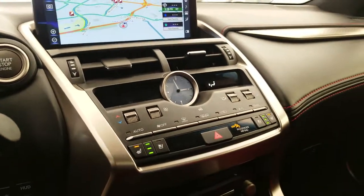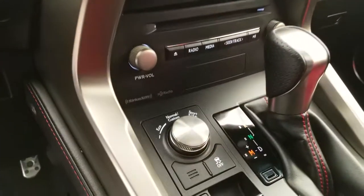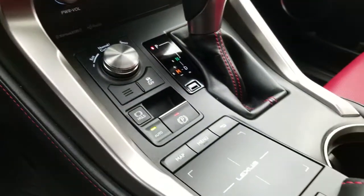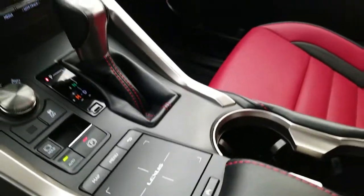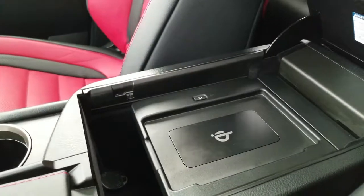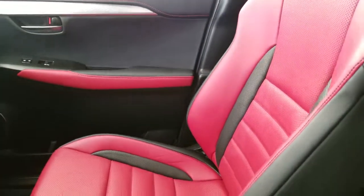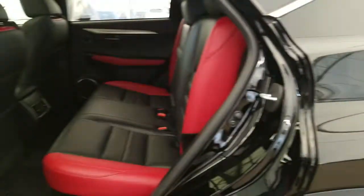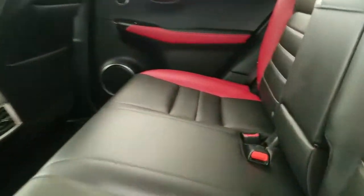heated and ventilated front seats, drive mode select with the Sport Plus, which includes the adaptive variable suspension, remote touchpad, QI compatible wireless smartphone charging, sunroof, circuit red interior, in great shape,